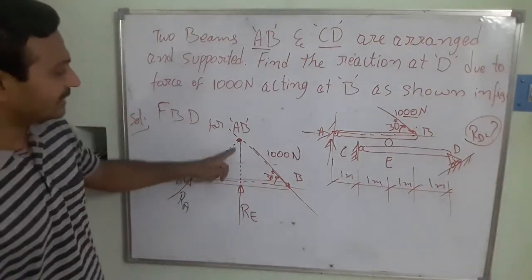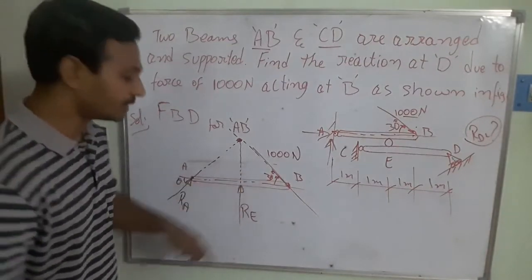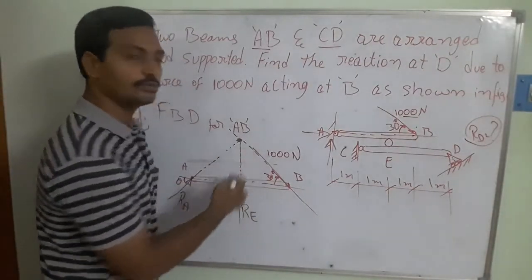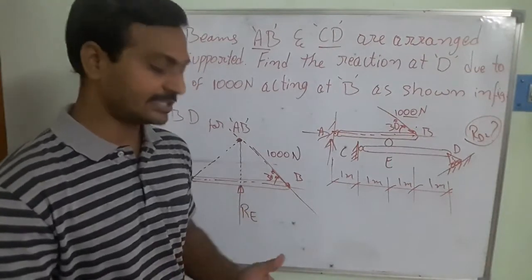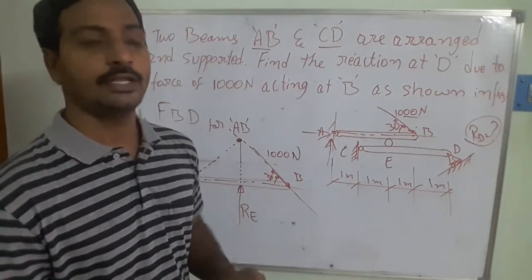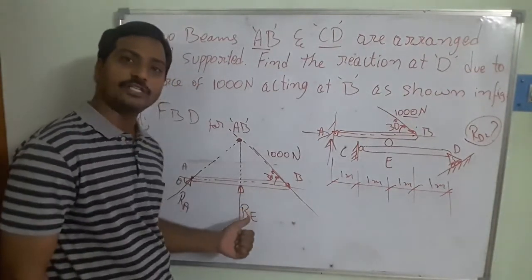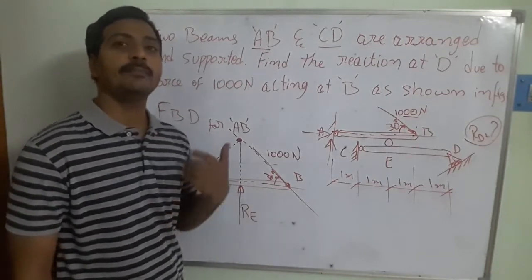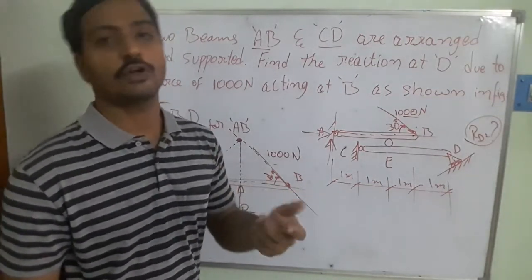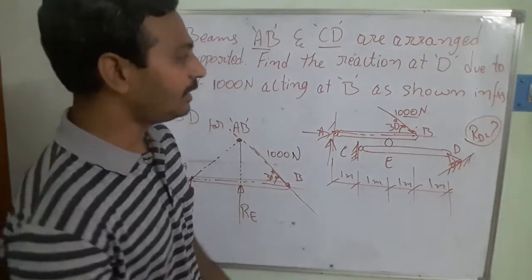This way the system is going to be in equilibrium, because all these three forces are passing through the point of application and the system is in the equilibrium condition. That means the resultant component acting on this member is going to be 0. At the same time, the equations of equilibrium for the moments also we are going to consider.